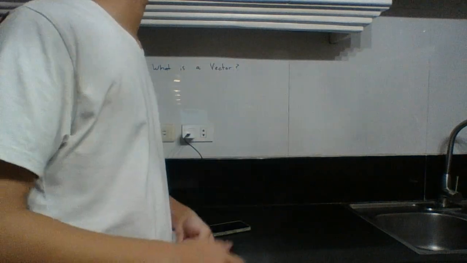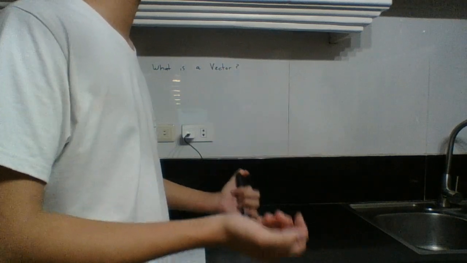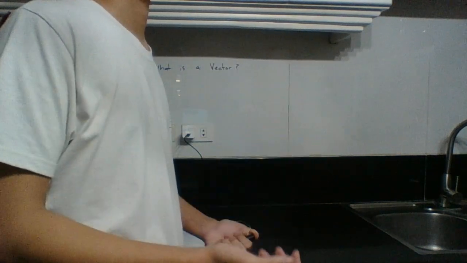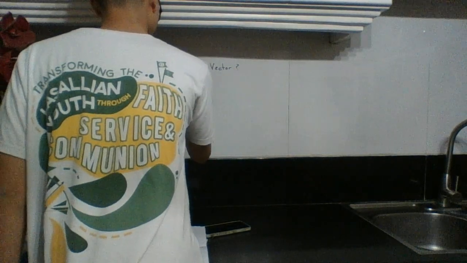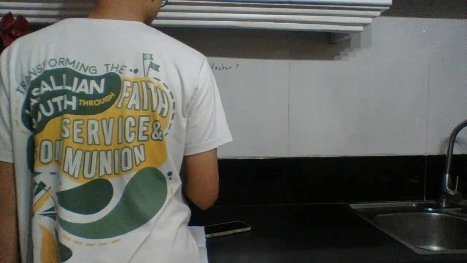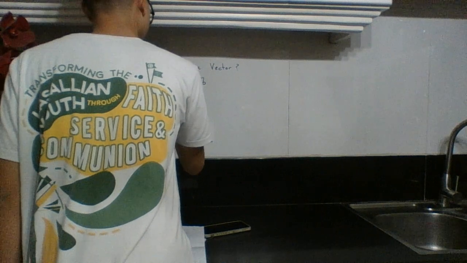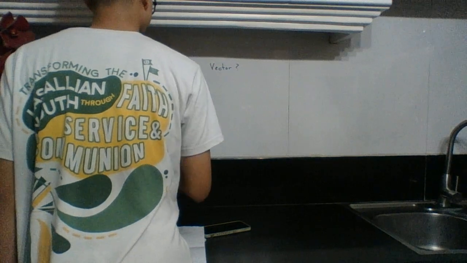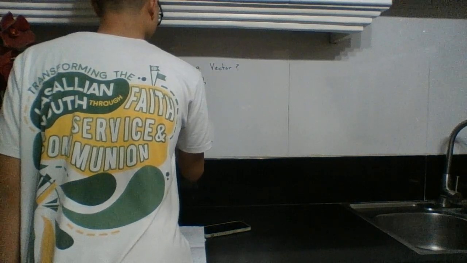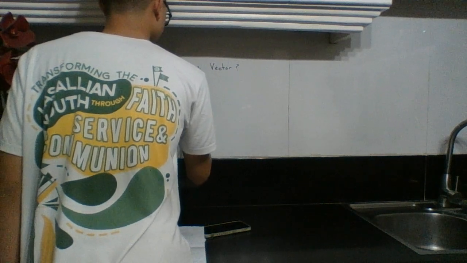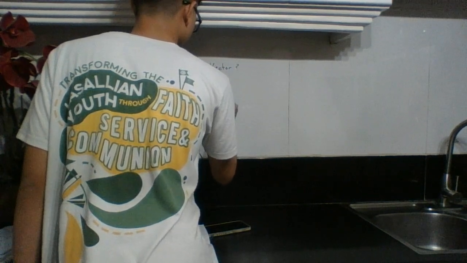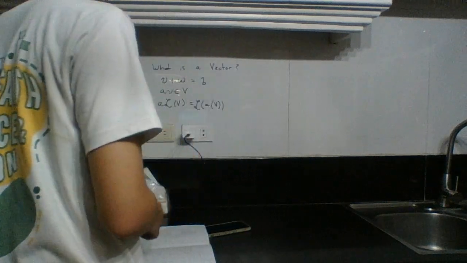Well, you could say it's an element of a vector space, a mathematical object that's part of a set that satisfies linearity and scalability and linear transforms. Like, if you add two vectors, it will result in a third object, which is also a vector. If you scale it by a constant, that would also be an element of that vector space. And if I do a linear combination on that vector space, it's the same as applying a linear transform on each single vector first. Some basic rules of vector space,